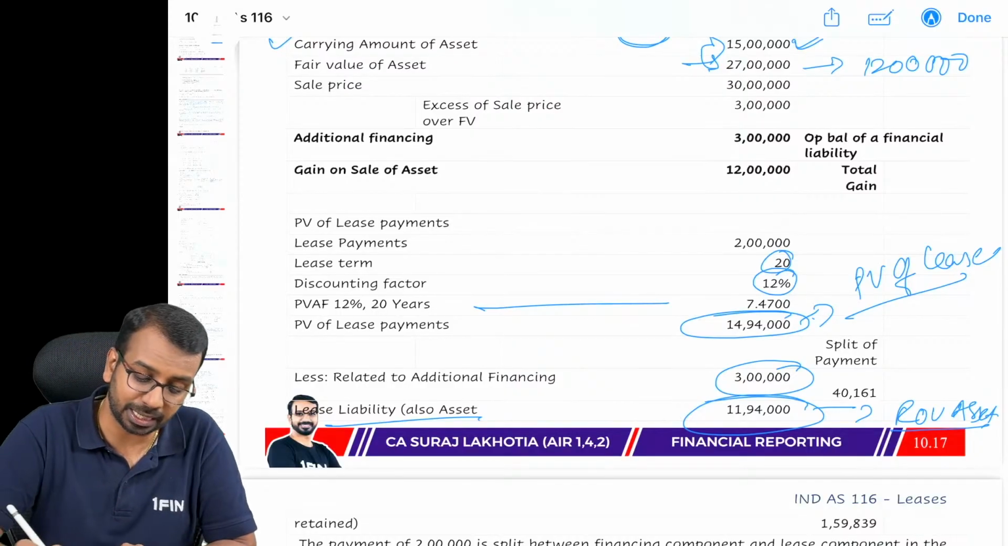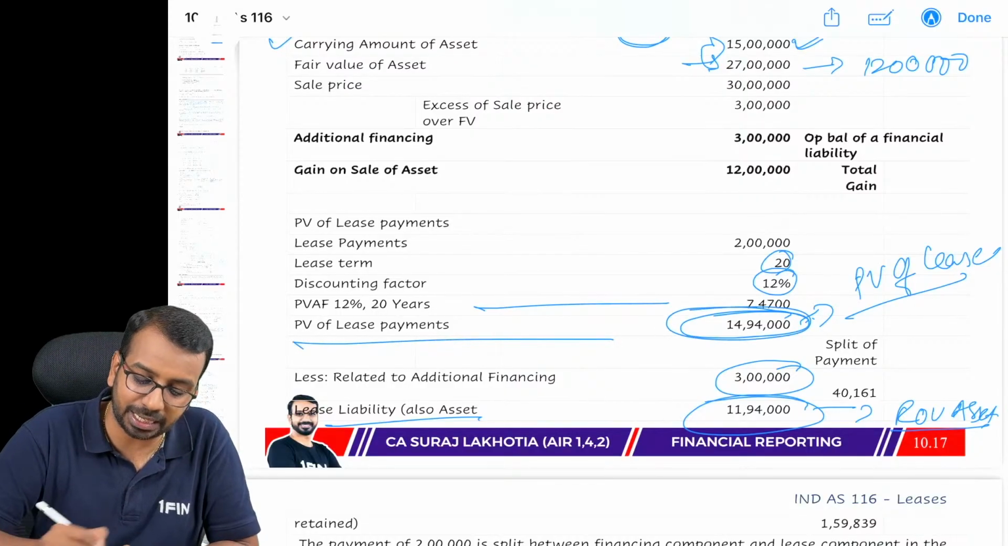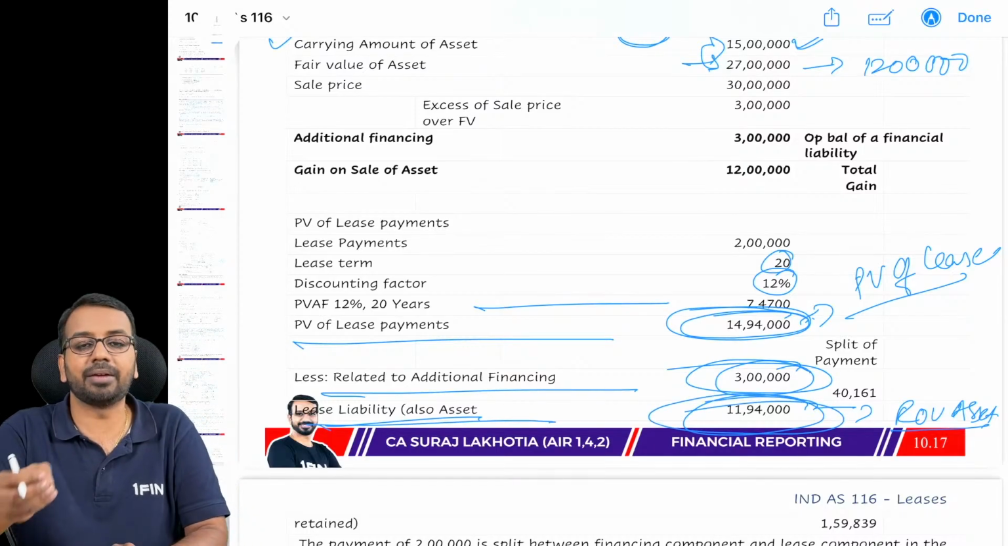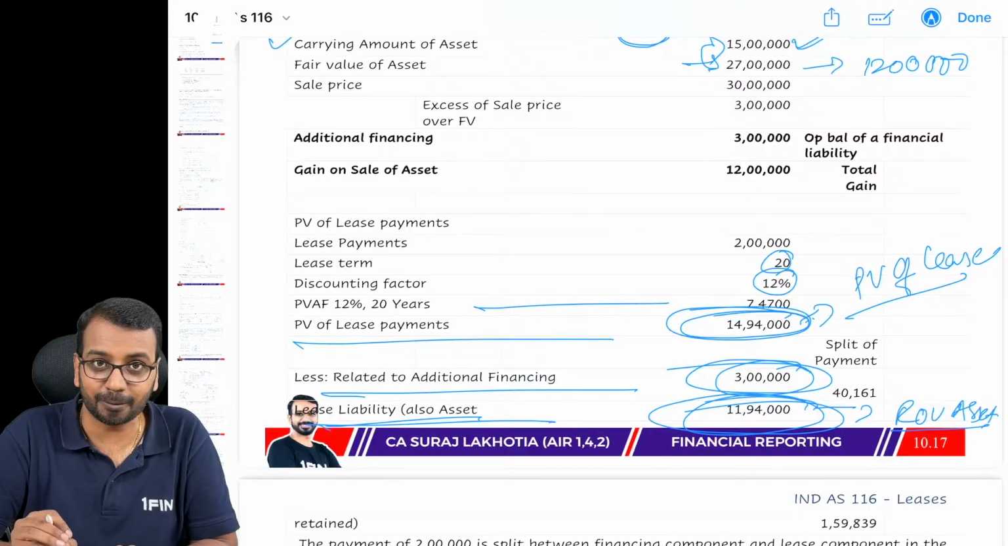Okay, I am repeating once again. Present value of payment is 14,94,000. Present value of loan is 3 lakhs. The difference is 11,94,000, which is the lease liability. Okay. Now,